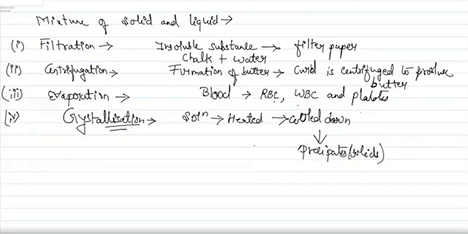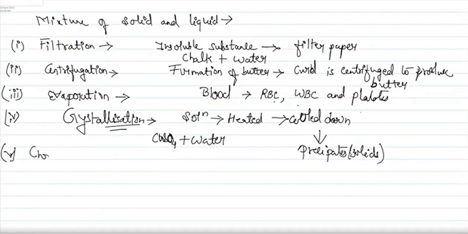This type of formation is known as crystallization, and as we let the solution cool down more, the precipitation will increase and more large crystals will be formed. Therefore this process is known as the crystallization process. Generally crystals are formed by this process only. For example, if we want to form a crystal of CuSO4, we will take the CuSO4, mix it with water, heat it, and let it cool down slowly. During this process we will see the crystal formation.